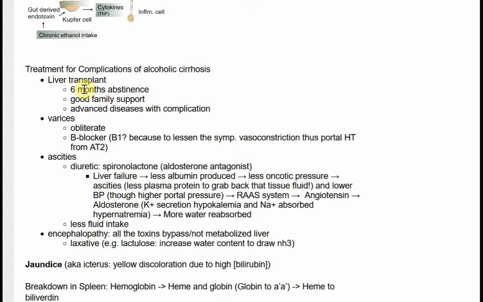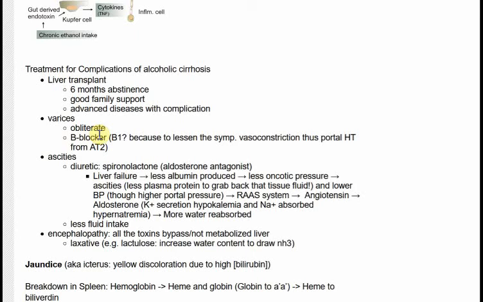The complications, you can try and deal with cirrhosis independently. So you monitor for varices, remember, because of esophageal varices. You do routine endoscopy camera tests. You try and get rid of the varices. You can give them beta blockers, which vasoconstrict. Okay. If they develop ascites, you can give them diuretics, such as spironolactone.